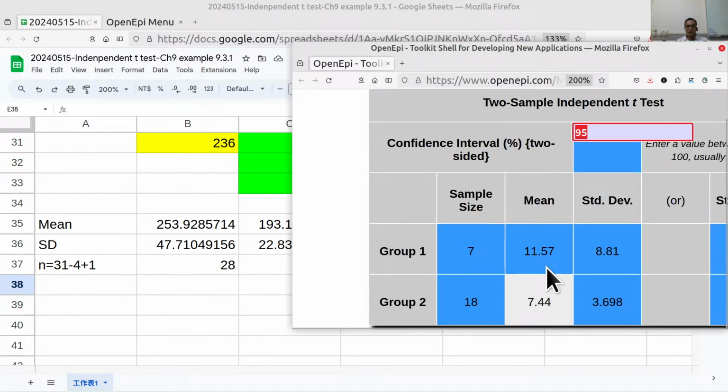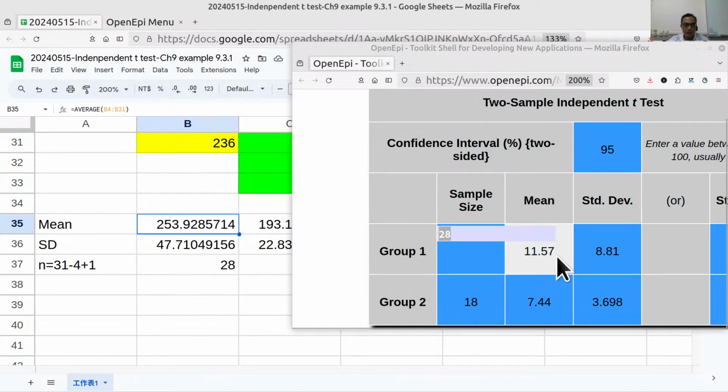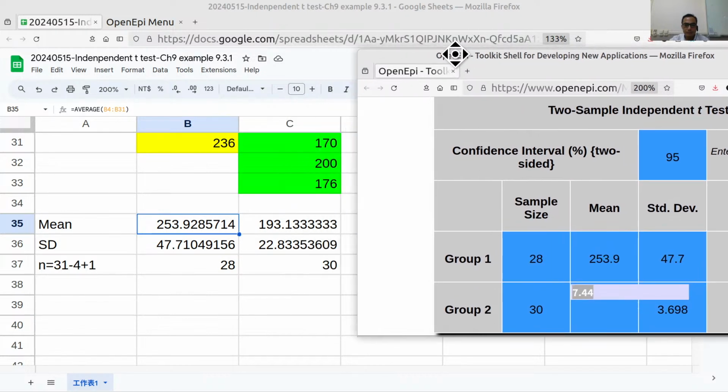Okay, the first group, the group number is 28. The mean, okay, very close, maybe 253.9. The standard deviation is 47.7. Okay, the second group, the number is 30, and the mean is